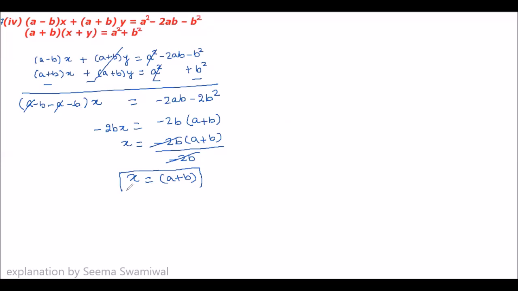Let's find out the value of y. To find the value of y, once again we will observe these equations very vigilantly and finalize which equation will be easy for us to handle. See children, the moment you put x is equal to a plus b, you will find that a very easy identity is framed here. Having a minus b in the first bracket, in the other bracket it is a plus b. So let's put x is equal to a plus b